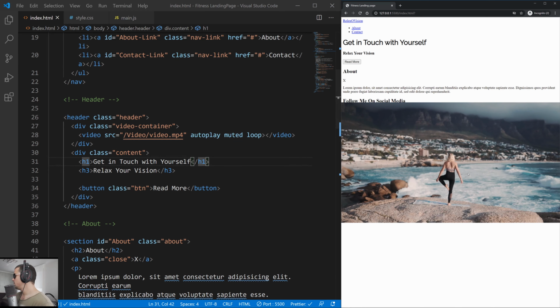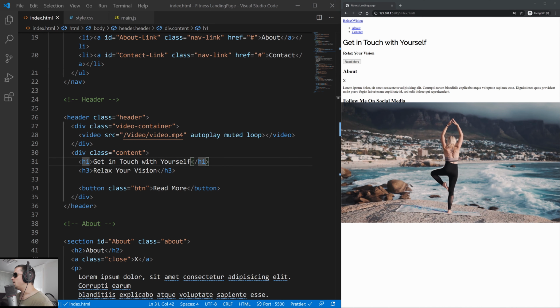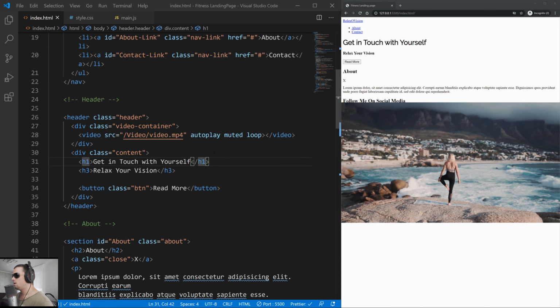And there it is. Railway. Get in touch with yourself. Okay, and for the body I'm going to use something else. I'm going to use Open Sans, I believe. Did I use Open Sans? Yeah. So Open Sans, go back into